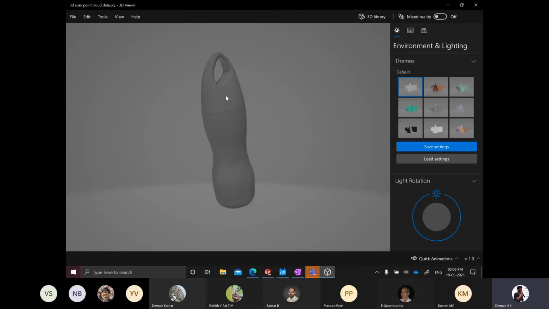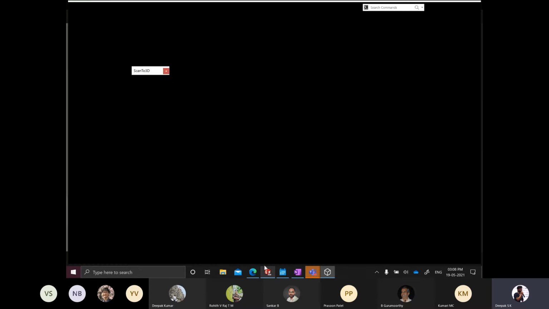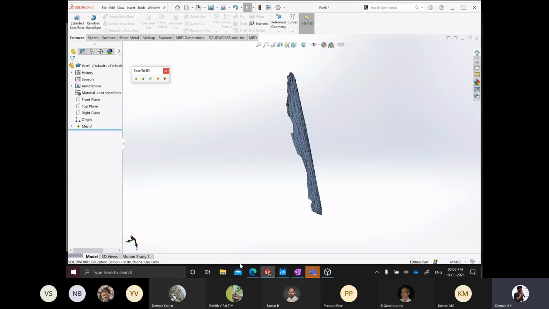Now there are many things to it, and there are many procedures to follow on how to reference the object and how to take orientation of the object and so on and so forth. I will be explaining this with the help of an example. I usually use SolidWorks to convert cloud point data to a surface model or solid model.